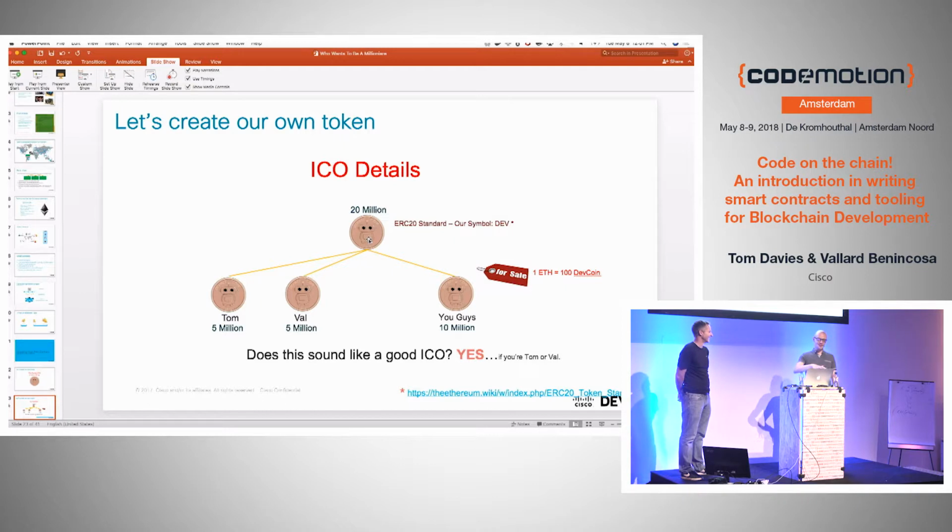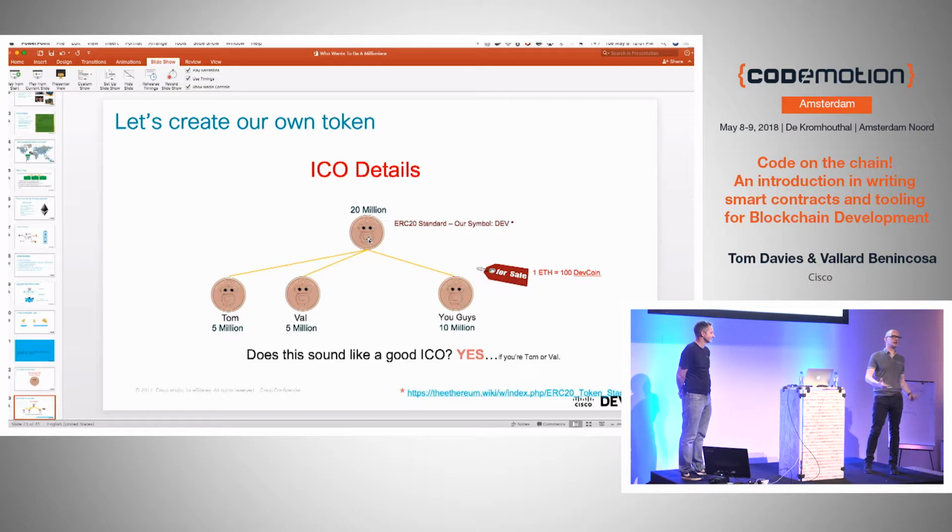So we're going to create our own token. This is how it's going to work. This is what we're going to build in our contract, and then you'll see the code for this in a minute. This is what it's going to do. The contract itself will create 20 million tokens. The contract is going to be of an ERC20 standard. That's a standard that's been formed on Ethereum, for example, for writing contracts that has to offer certain functions and procedures to be ERC 20 compliant.